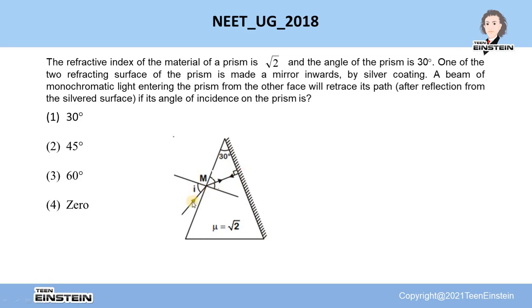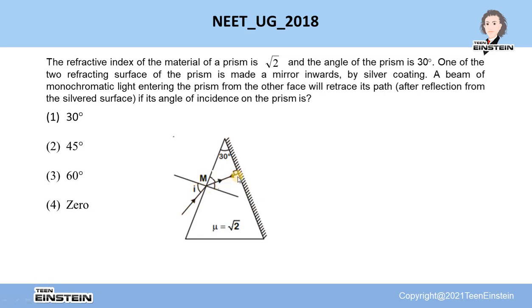Now the monochromatic light is entering into the prism through this refracting surface and it is retracing its path